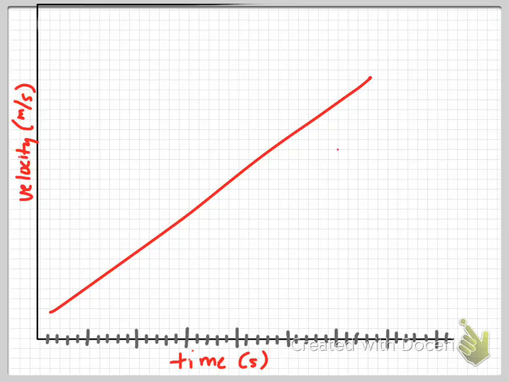It is changing its velocity. We are in the first quadrant, so we assume that these are positive velocities. If this is our origin, this is 0. The magnitude of our velocity is increasing as we go up. That's important. And this thing is accelerating at a constant rate. The rate of change in its velocity is constant. This is easy, Moser. Why are you stressing this so hard? Because it's going to get weird in a second, and I just want to give you a good foundation.